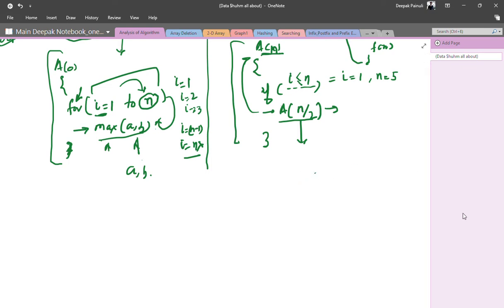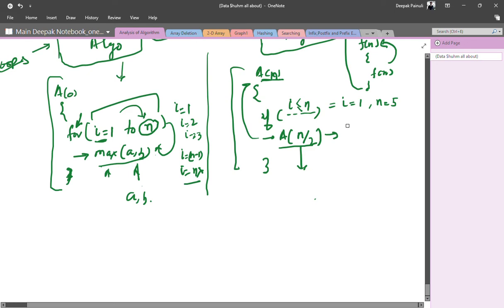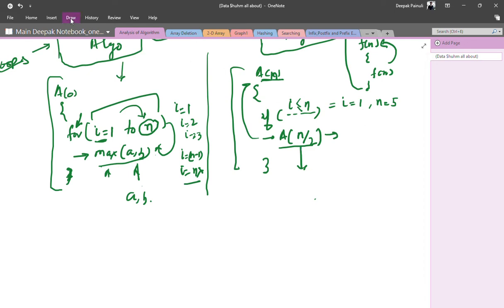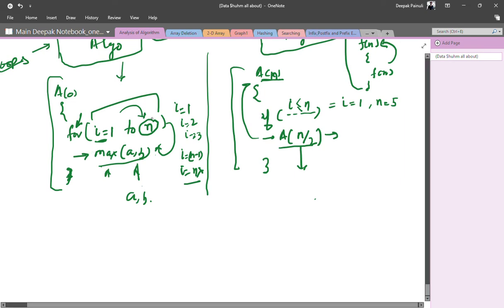Okay, now first time for i equals 1, let us say i equals 1, it has started execution, and for i equals 1 this statement will execute. We are going to execute this statement for i equals 1 first, right? Because 1 is less than or equal to 5. That's why we have to execute this one.